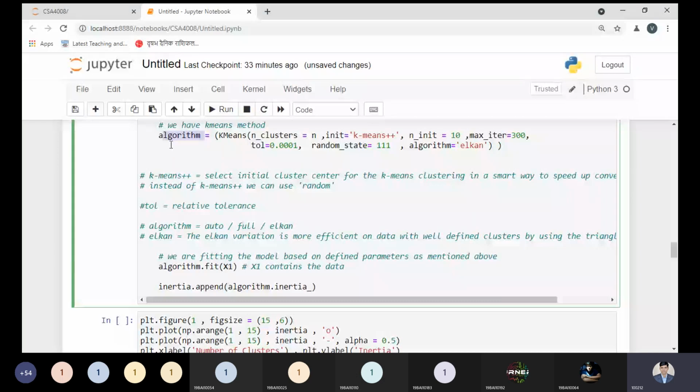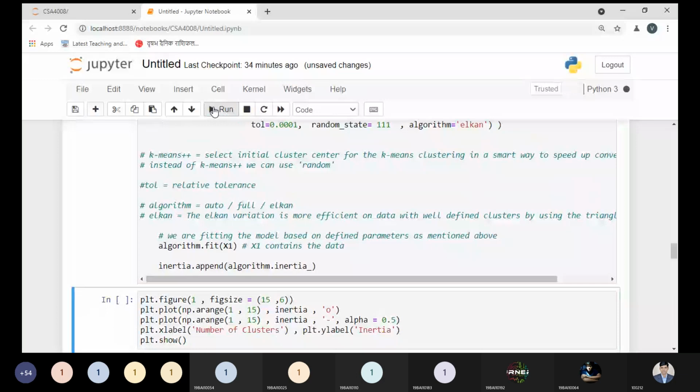Here we have to use this parameter, that is the inertia. This is a variable name. This variable will consider some values known as the mean sum of the squared distance, and that is to be appended to the inertia part. If you try to print the inertia value, then you will be able to understand. Just let me run this code right now. Yes, I'm executing it.